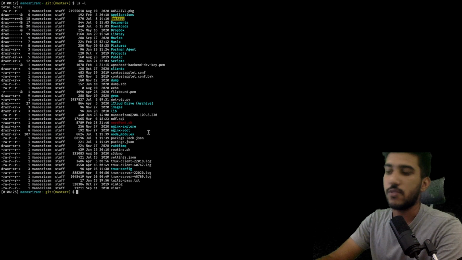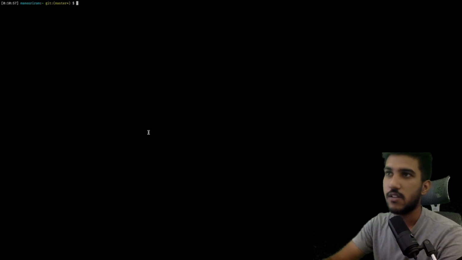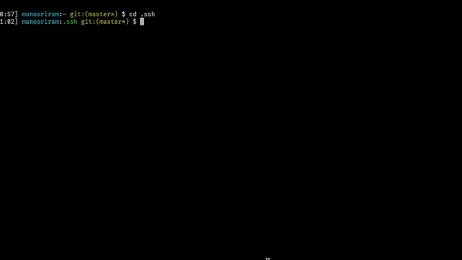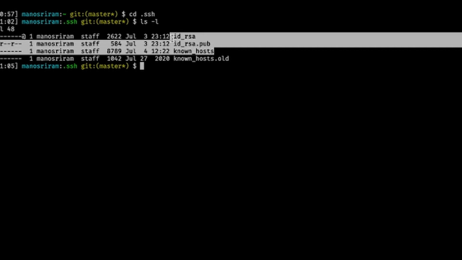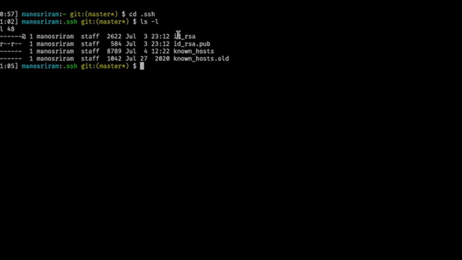If you are on a Mac, then you could go into your root directory and you can go into .ssh. This is a folder where everything related to SSH is stored. You could see we have 4 files: id_rsa, id_rsa.pub, known_hosts, and known_hosts.old. We could ignore known_hosts.old, but these 3 are pretty important, because every computer or every host has a key. There are 2 types of keys, public and private. Of course, private would be private and public you would be sharing with other PCs.